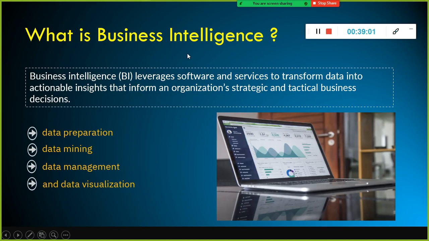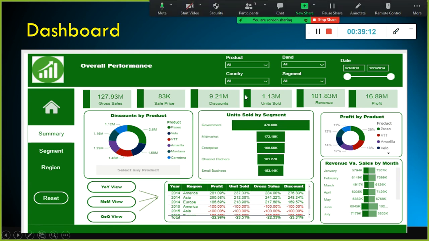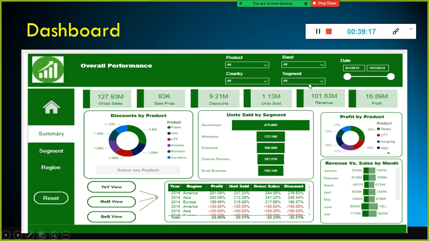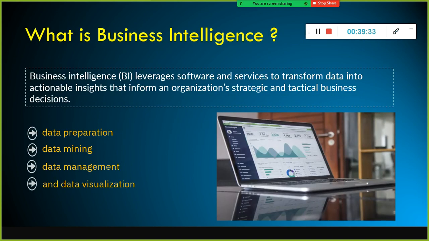As part of business intelligence, we have something else called the ETL process. To generate a report or dashboard, what do you need? You need to have the data. If you don't have the data, you cannot generate the dashboard. Somebody comes up to you and says, hey, generate the dashboard and reports for this month. The first question you'll ask is, okay, give me the data. Without giving me the data, how can you expect me to generate this? You need to have the data. But having the data is not sufficient, right?